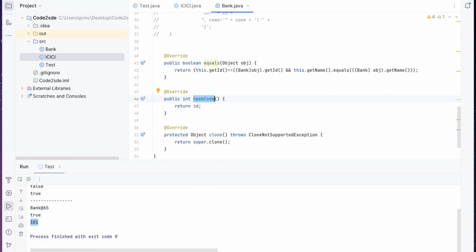Now this scenario is mostly asked in interviews, and students get confused if they have not tried this scenario. So I recommend you try this yourself in an IDE, then you'll have a better understanding of it. If you have not understood any part of it, please revisit this video and try it out yourself.